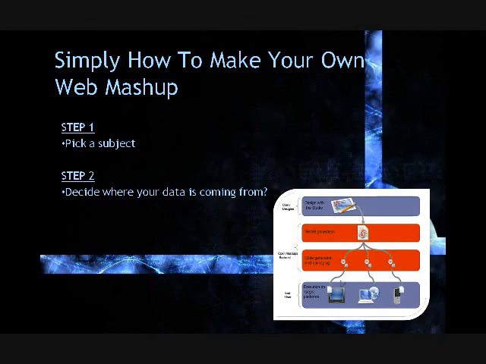Telling you about the step 2, decide where your data is coming from. It's a really important part. What is the source of your data? This can drive the APIs you will use. For example, if you want to do something with your photos on Flickr or sales items on eBay, then those vendors' APIs are the likely candidates. Or you may be inputting the data yourself, such as with simple map markers, in which case your options are more open.